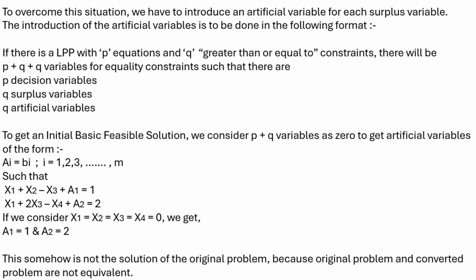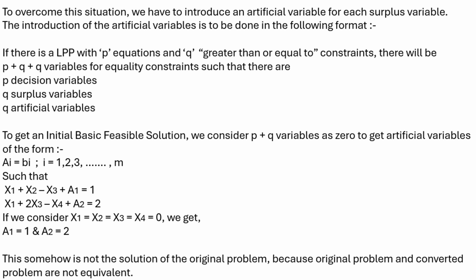So if there is some linear programming problem with p equations and q greater than or equal to constraints, there will be p plus q variables for equality constraints. I would like to repeat it. If there are p equations and q greater than or equal to constraints, there will be p plus q variables for equality constraints,